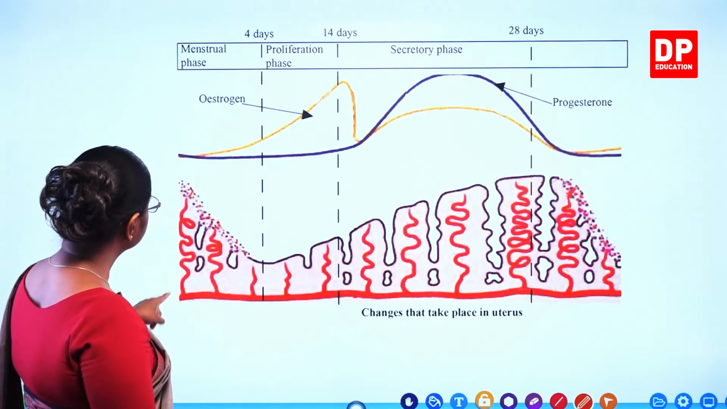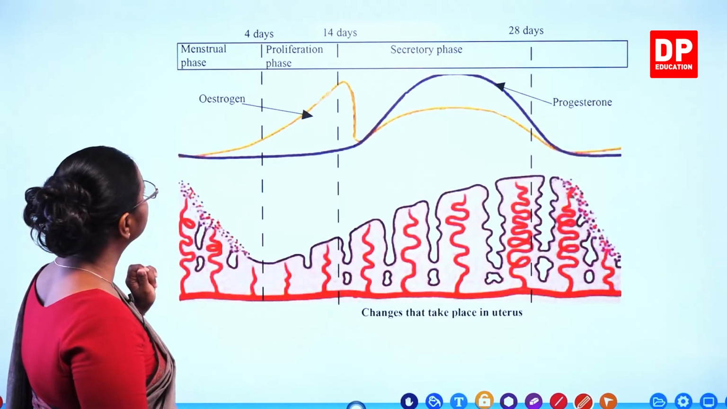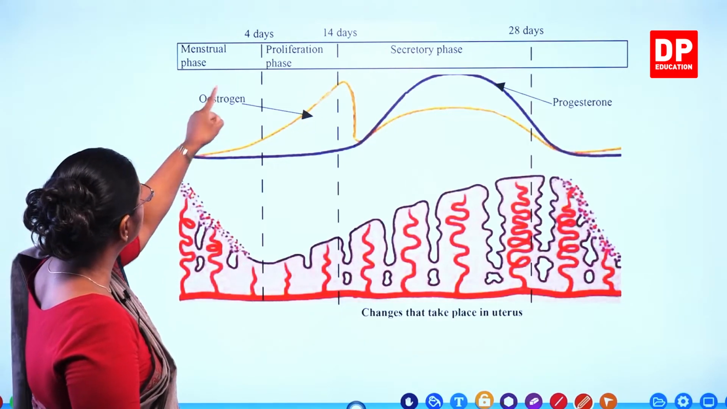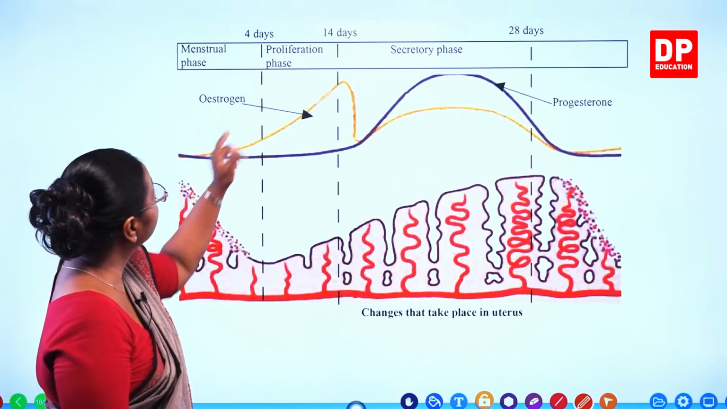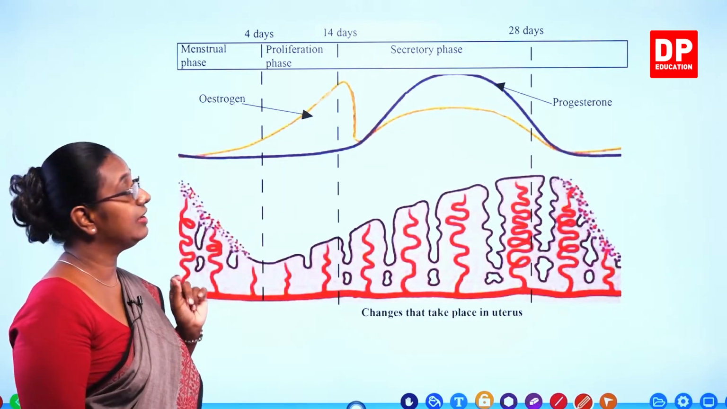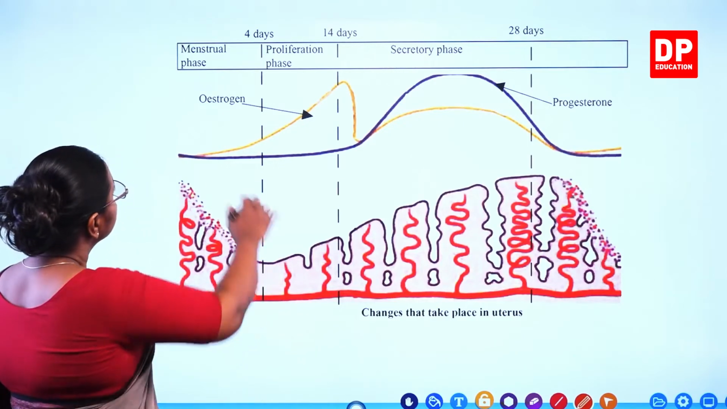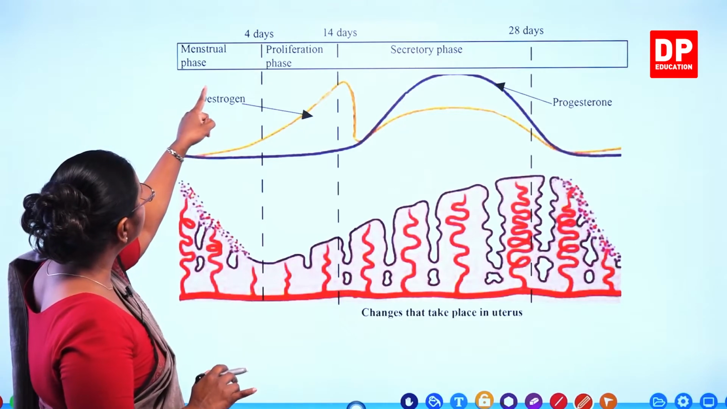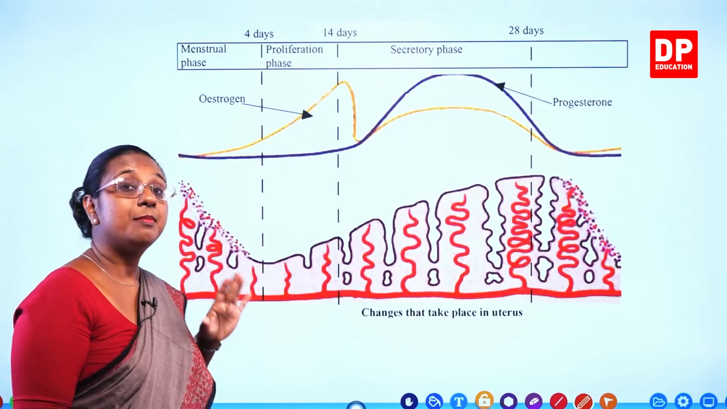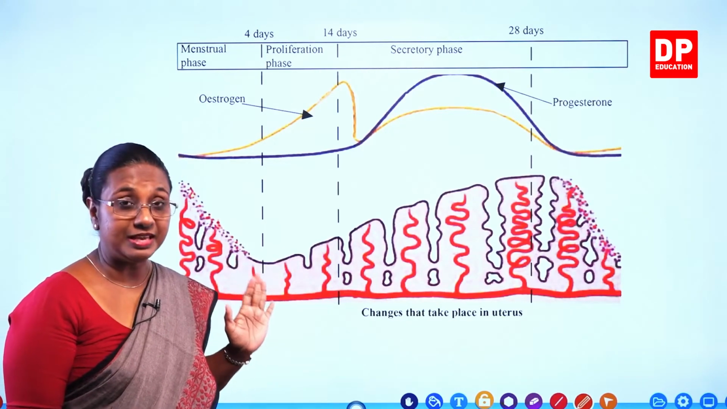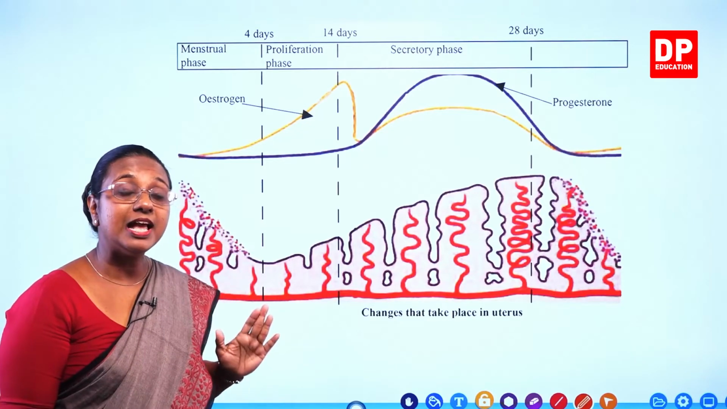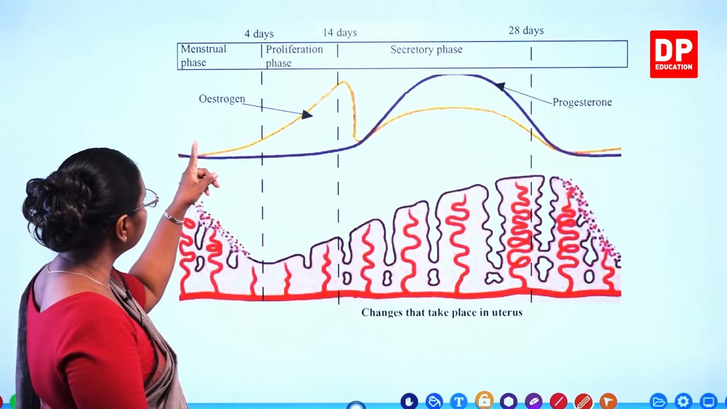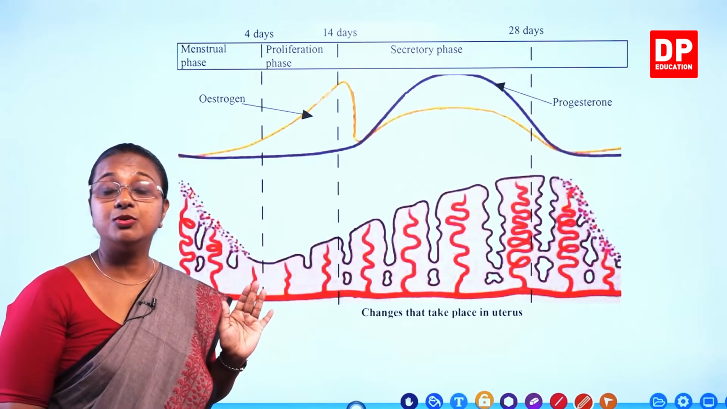So, here you can see the first day of the menstrual cycle. Here it is the menstrual phase. Then we have the proliferation phase and finally we have the secretory phase. So, here you can see the number of days are different. The menstrual phase is usually for 4 days, but that again depends on the female. Normally for a very healthy female, we consider it as 4 days, but sometimes it can even go up to